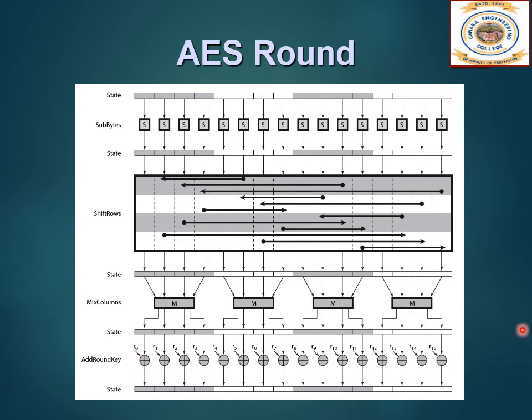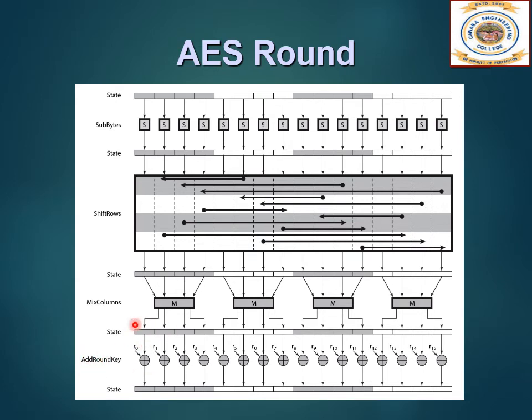So the keys are generated, the expanded key is there, a 128-bit key. At every round we have a different set of keys. So nowhere else, not for substitution byte or shift rows or mix column, do we use the key. The key is used only for this add round key. In this add round key also we have seen how it works.